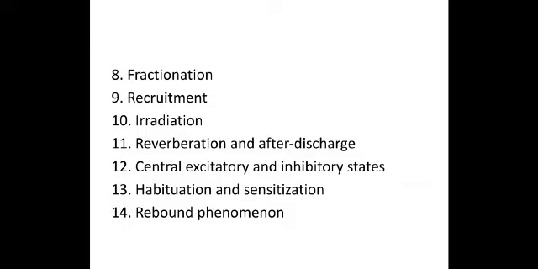Conversely, if the inhibitory state dominates, it is called the central inhibitory state. When the excitatory overrides the inhibitory, it is the excitatory state. Whereas if the inhibitory overrides the excitatory, it is the inhibitory state. When do you come across this? When you completely transect the spinal cord,